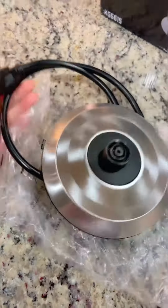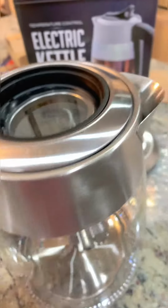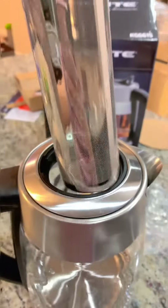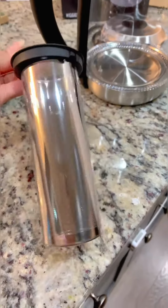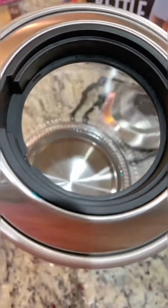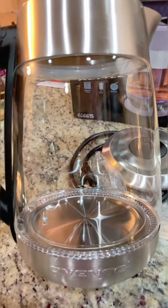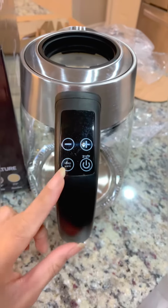This is a base, a cordless base, not wireless, a lid, and then a tea infuser. So the kettle is pretty decent size. I ordered the 1.8 liter, so that's quite enough for my family, and it's glass, and there's a function